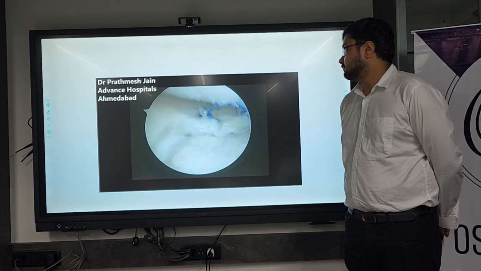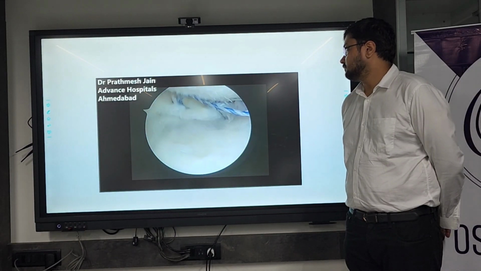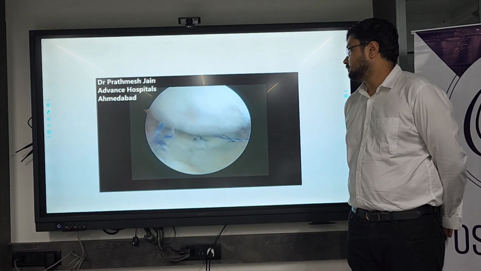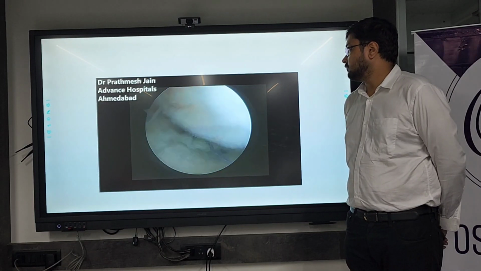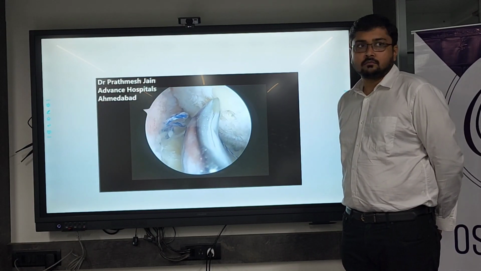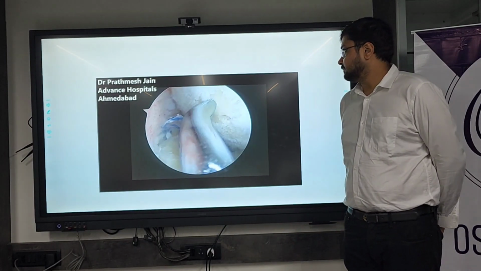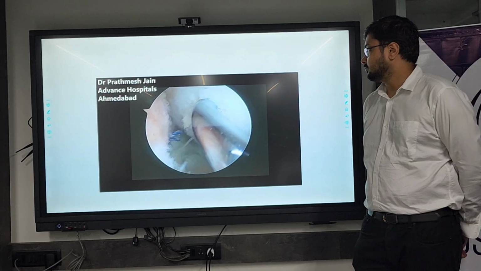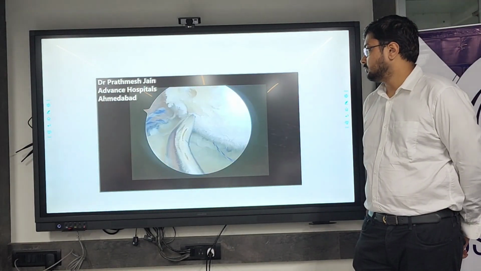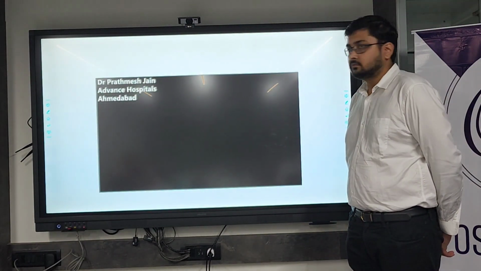In this particular case, 4 all-suture anchors are used, and then in the end, there is a defect on the MFC, which is leading to the subchondral lesion that we discussed, so we just put a small microfracture over there to increase the vascularity and development of microfracture fibrocartilage. That's it.